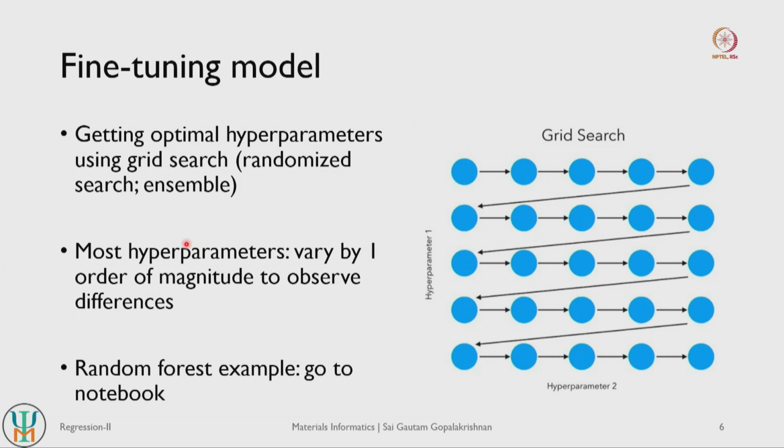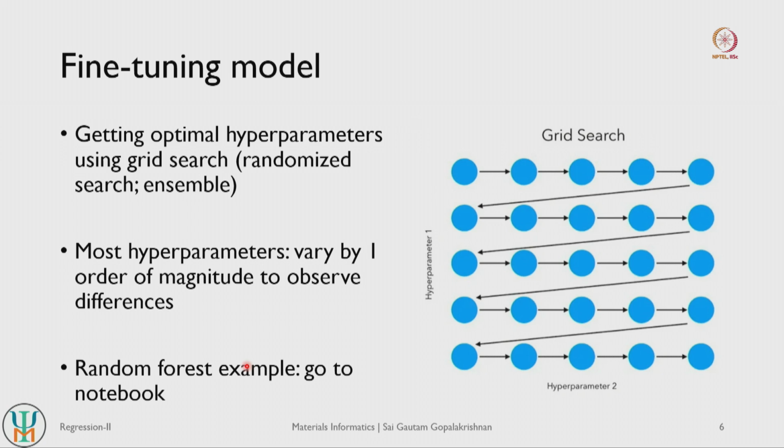Now hyperparameters can be quite sensitive, right. I mean your model performance can change quite dramatically depending on the kinds of hyperparameters you use. The usual rule of thumb is you typically vary by about 1 order of magnitude, observe differences, and then see what your scale should be, right. So should you vary your hyperparameter by 10, 100, 1000 and so on, or should you vary it by 1, 3, 5 and so on, right. So you have to do some tests, trial runs, and then we can come up with how we are going to vary our hyperparameters.